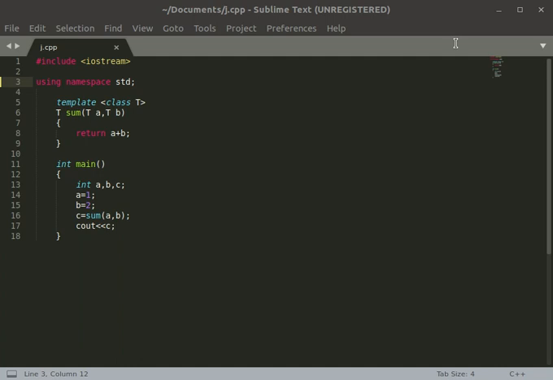I'll say that this template is used with a function. So we have used a template with a function, and you can also use templates with classes. You can also use different data types for A and different for B, which has another syntax which we will discuss later in another video.